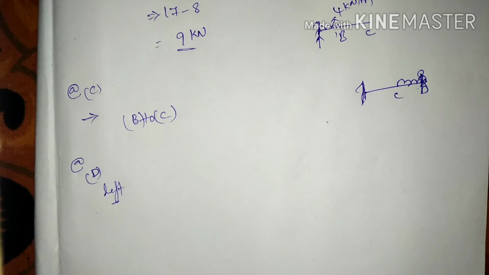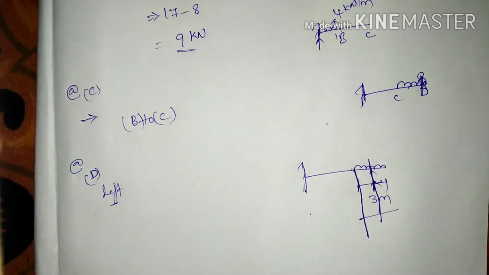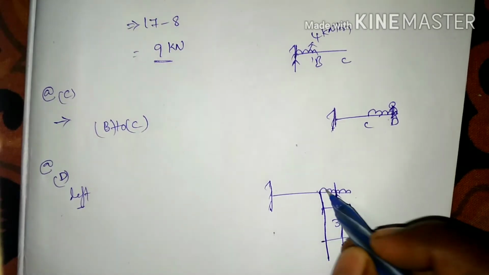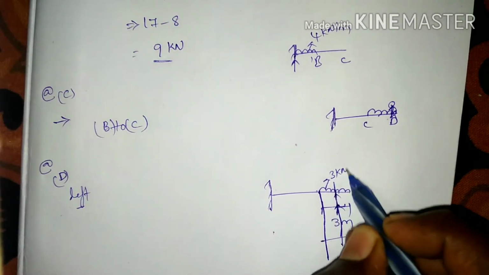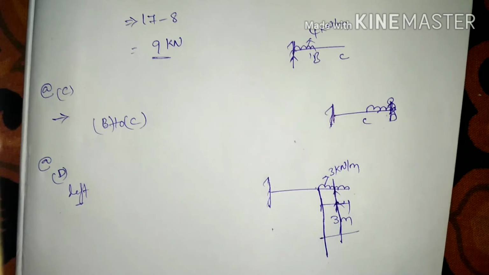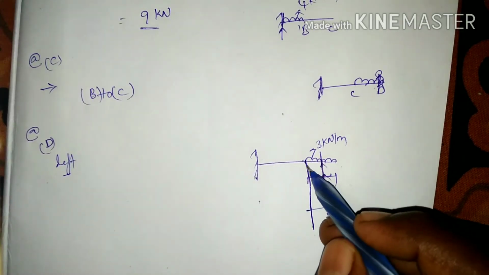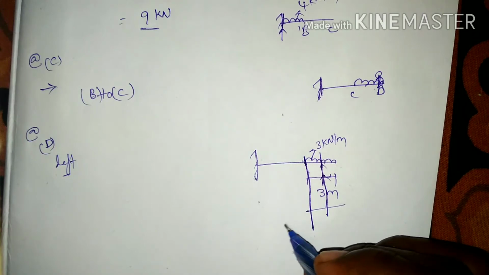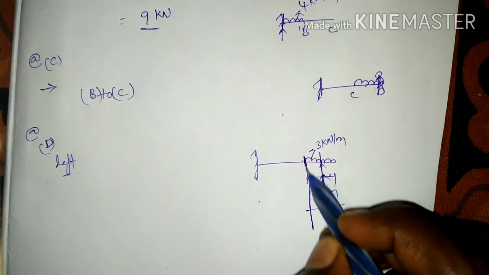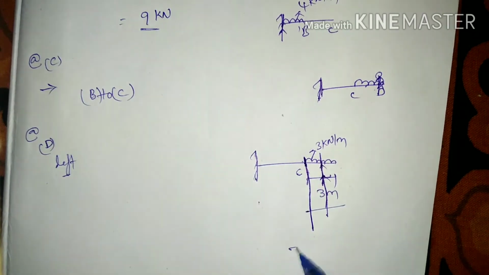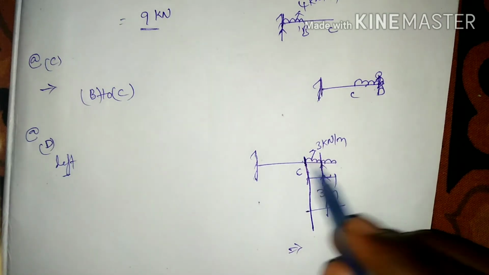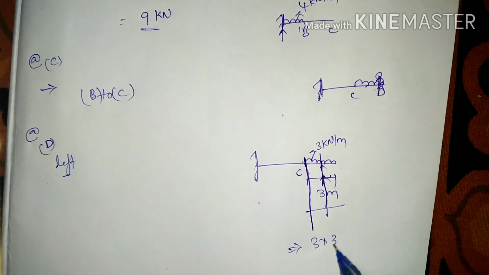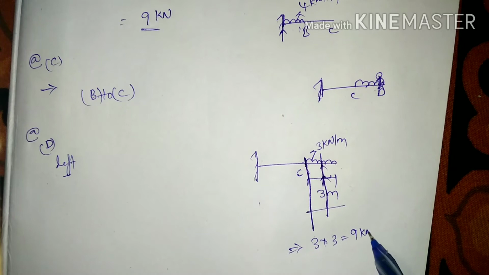Here this is 3 kilonewton per meter, and if I take the shear force at C, I am going to find the total 3 into 3, that is equal to 9 kilonewtons